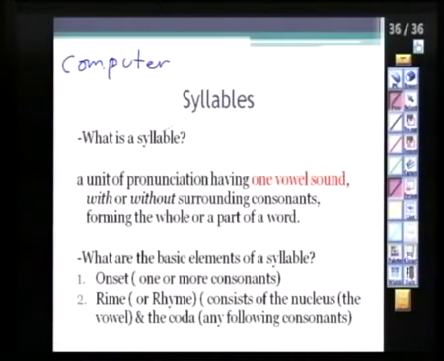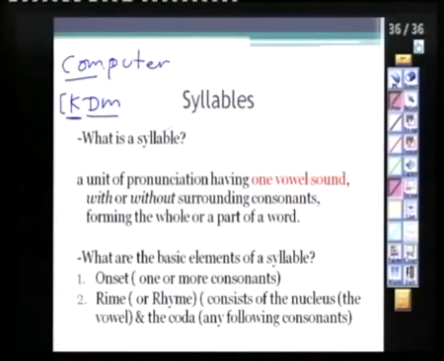So you have computer. We said it has 3 syllables. Let's look at the first syllable, which is com. How do I transcribe the word com? It's going to look something like this. Com. This is the first syllable. Now, if you look at the first syllable, if you have a consonant, the first one, I refer to it as the onset. I refer to the vowel and the last consonant as the rhyme. Okay, keep it in mind. I'm going to explain this more, okay?